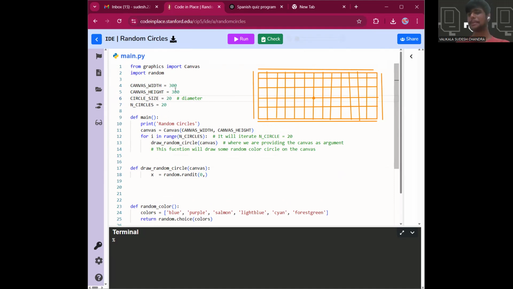So we have the diameter of the circle. There might be a chance this circle might go outside the dimensions of this canvas. So if it would be this position, we have to draw the circle in exactly this position, if we are not considering